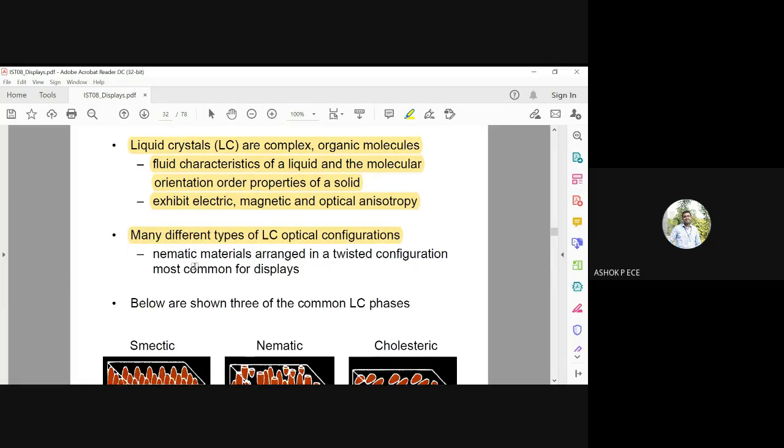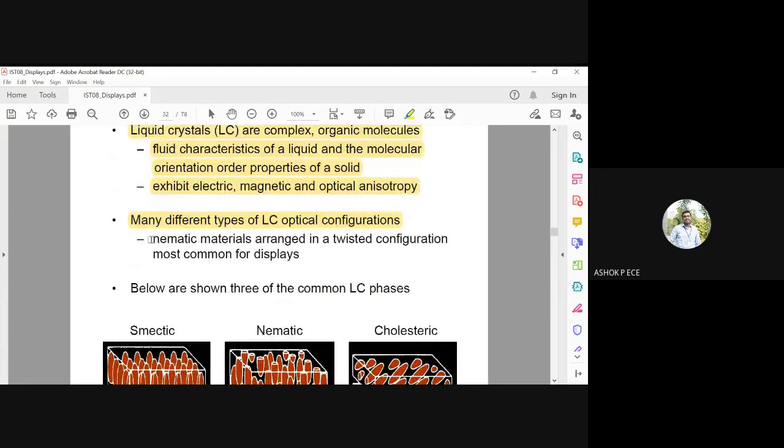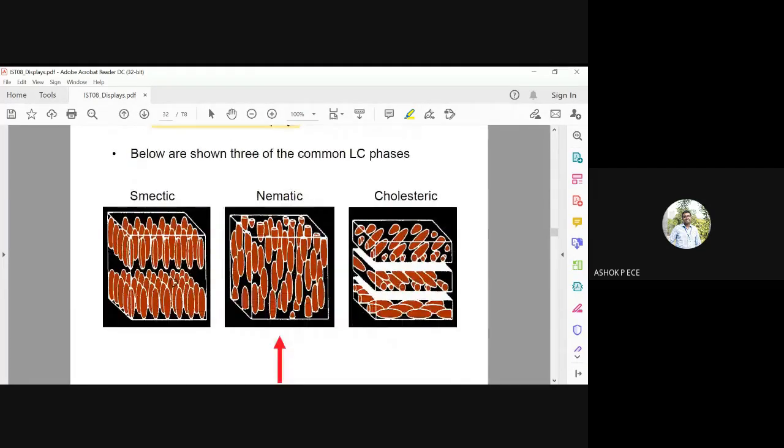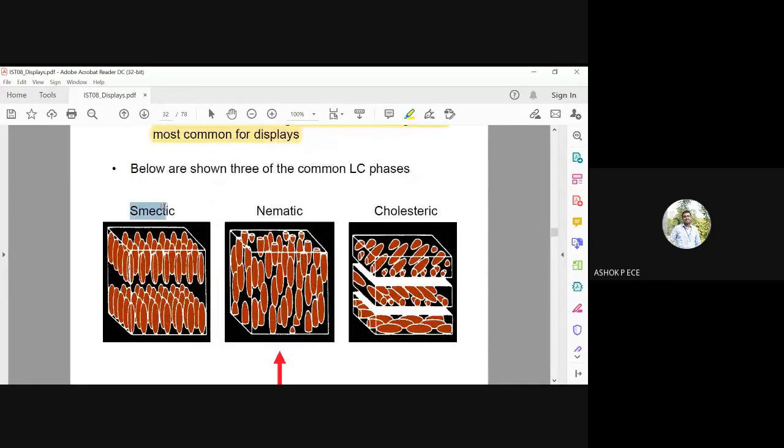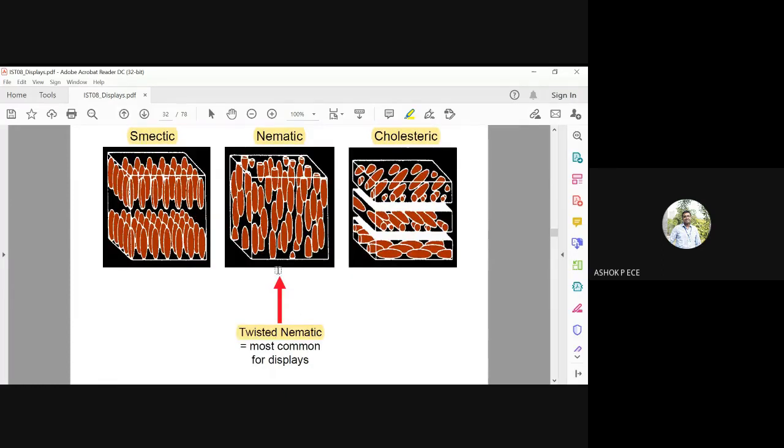They are like nematic materials arranged in a twisted configuration, most common for displays. So the three common cases of LCD are shown here. First one is smectic, second one is nematic, and third one is cholesteric. So these are the three common LC phases, liquid crystal phases, and the twisted nematic.